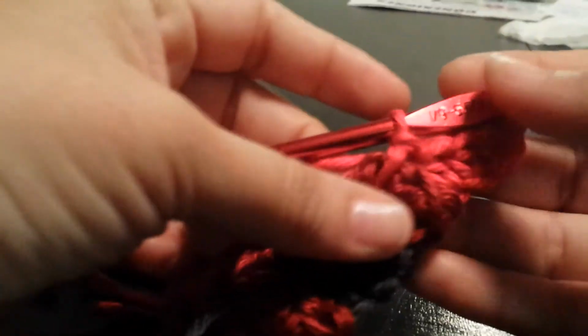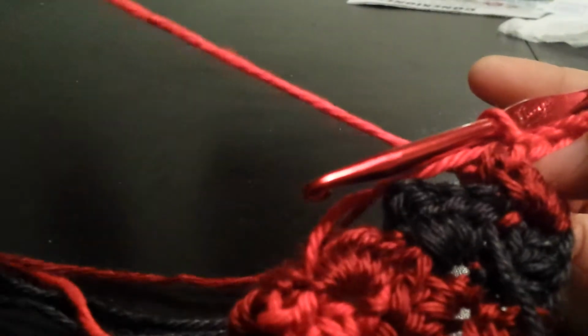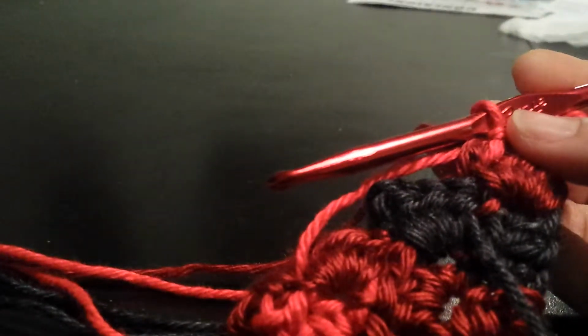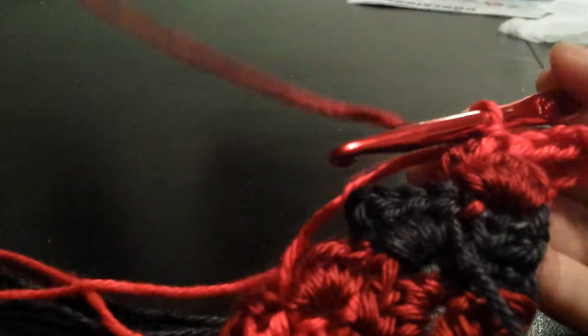This is where I stopped in the other video. Okay, I'm going to need to hide the dark red inside the light red because I'm going to need it all the way to the end. So I'm going to work with the light red, and I'm going to hide the dark red in between the light red. So I chain 2, 1, 2,